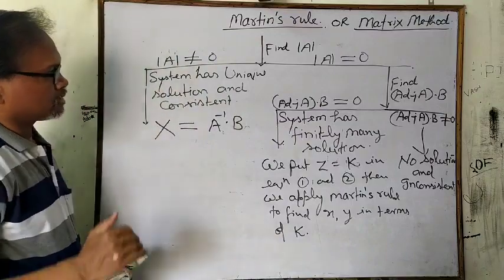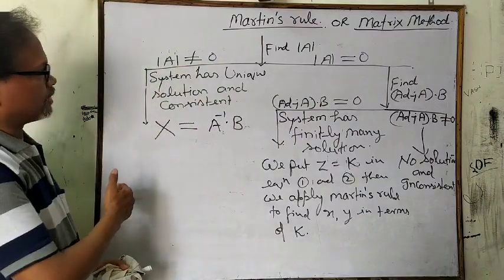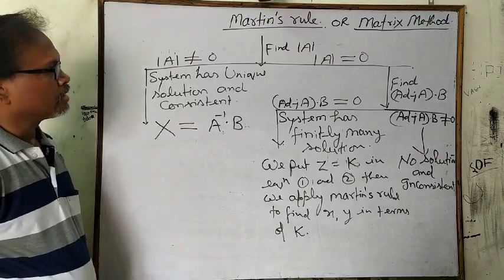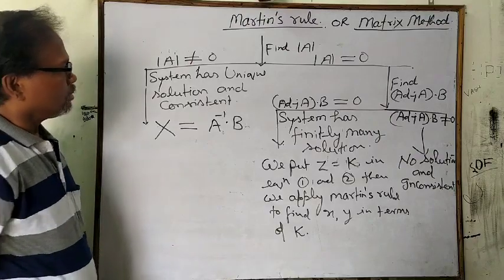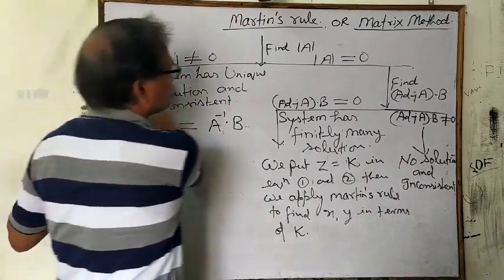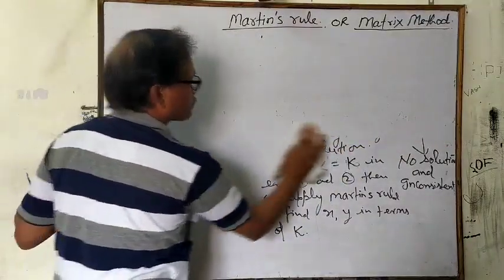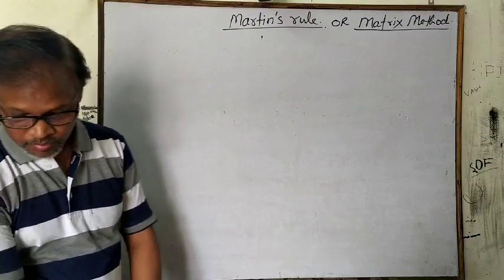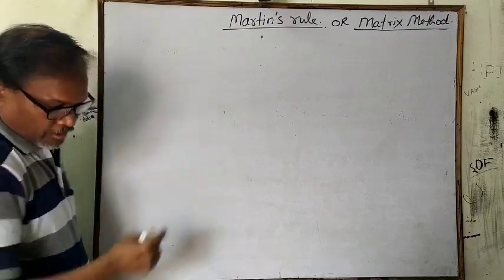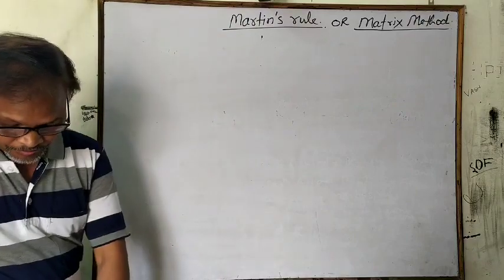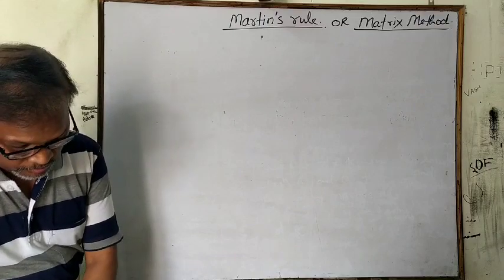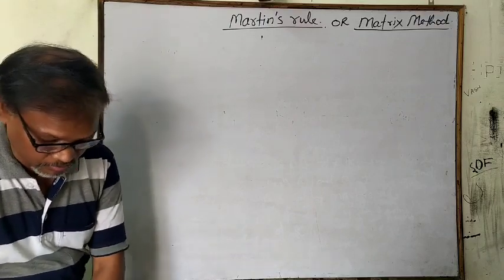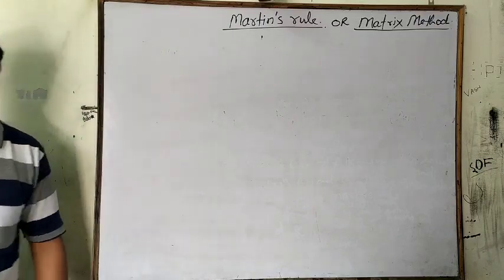We'll have an example so that you can understand well. Five x minus